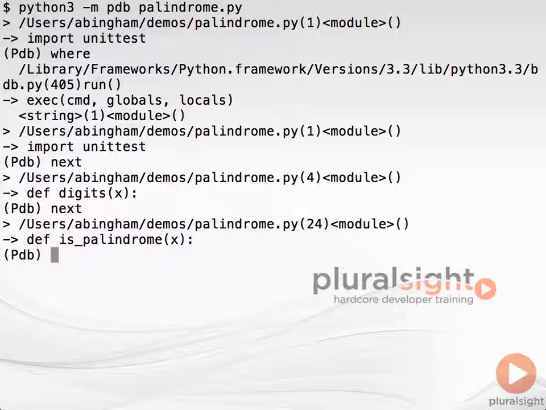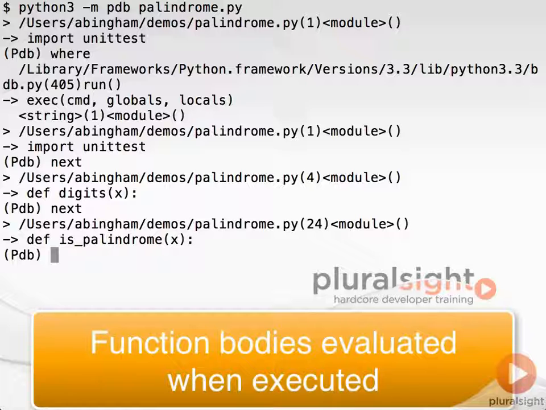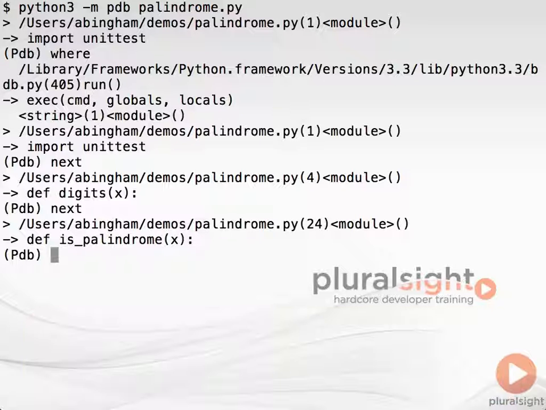You may be wondering why the debugger didn't step into the body of digits. After all, isn't it evaluated at runtime like everything else? The answer is that the body of the function can only be evaluated when there are arguments supplied to it, so it will only be run when the function is called. The bodies of functions are checked for proper syntax when they're imported, but PDB doesn't let us debug that part